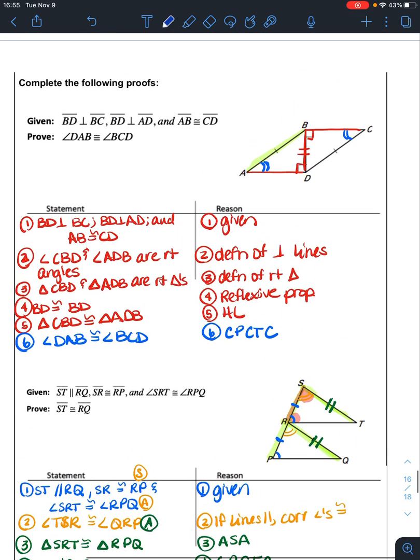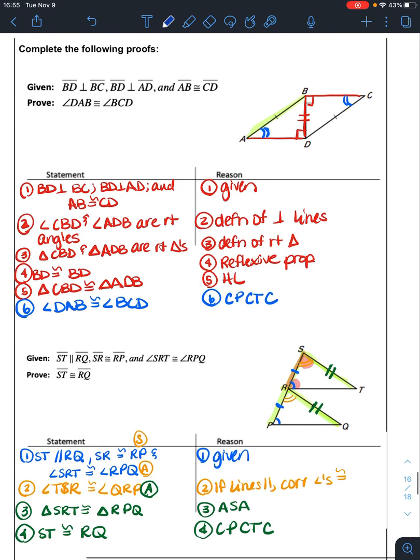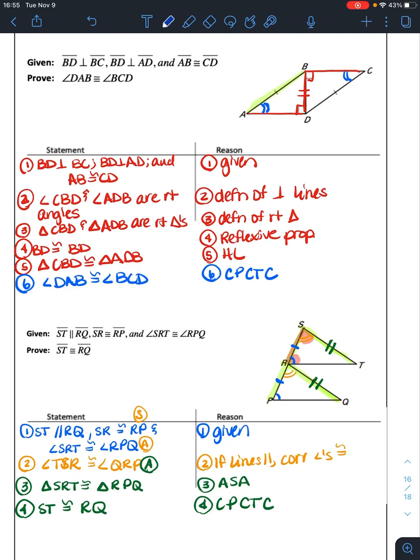So remember that you're going to look for the pieces that you have. You're going to mark those up. And then you're going to look for pieces that you need. You're going to prove your triangles are congruent, and then you can talk about the leftover pieces because, of course,